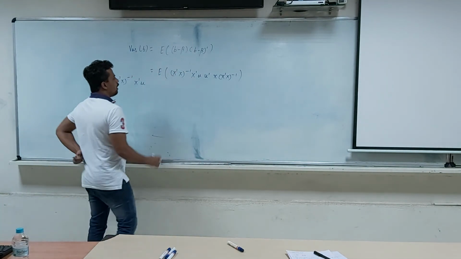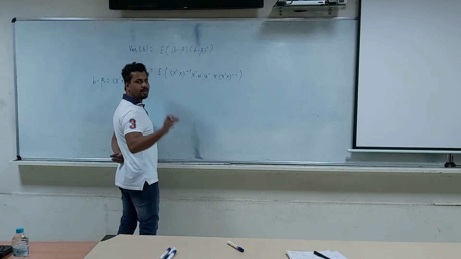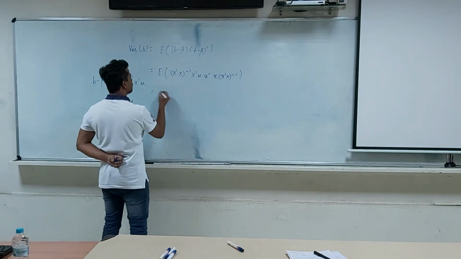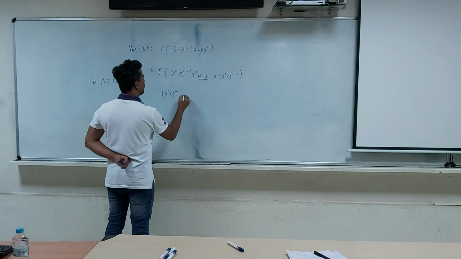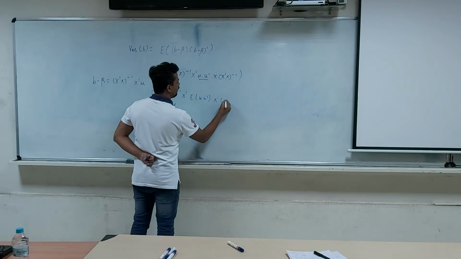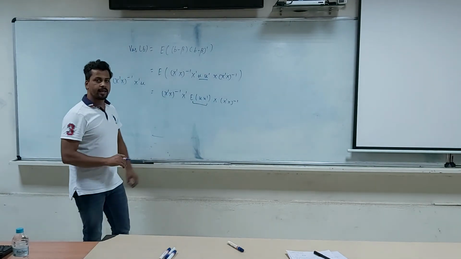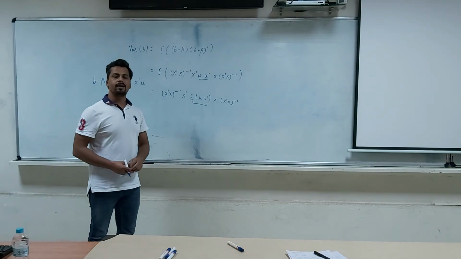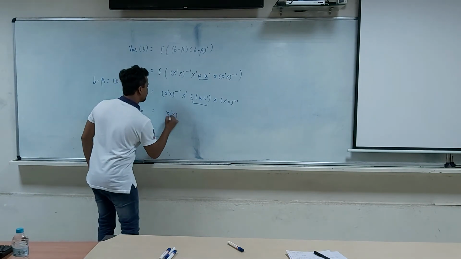Right? Now look at this one. These terms will behave as if they are non-stochastic, because when we draw inferences, the sample values are assumed to be fixed. So I can simply take the expectation on the random variable part. I can write it as x transpose x inverse x transpose, expected value of mu mu transpose, x transpose x inverse. Right, what is this term? What did we assume? This is nothing but the variance covariance of the error term, and the variance covariance of the error term is assumed to be sigma square multiplied with the identity matrix.